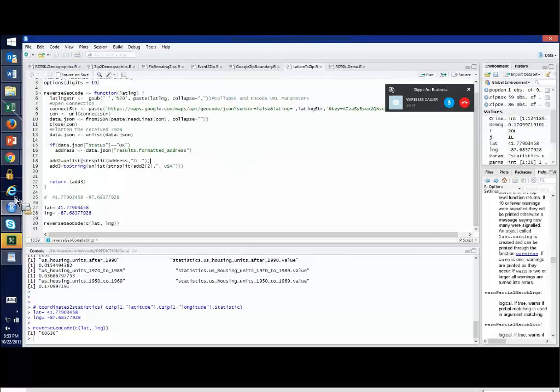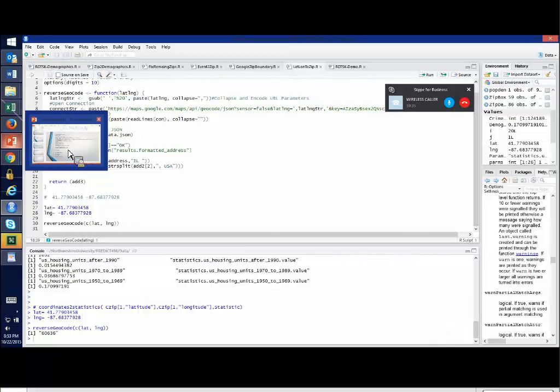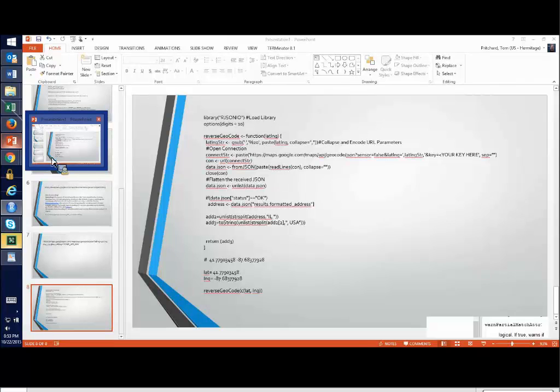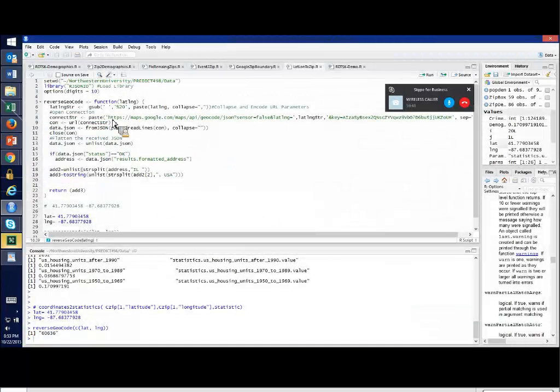Any questions? Tom, can I ask you a question? You probably covered this already. This all looks like R code. Is it all R code? Yeah, this is all R code, but the functions, as long as you can call a URL